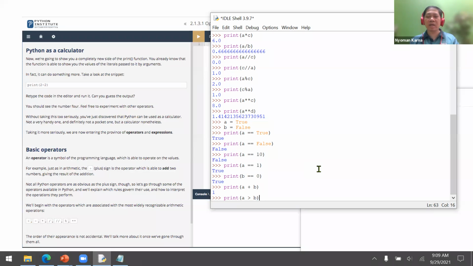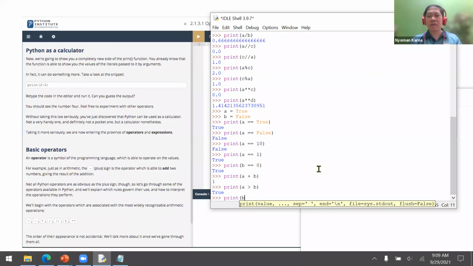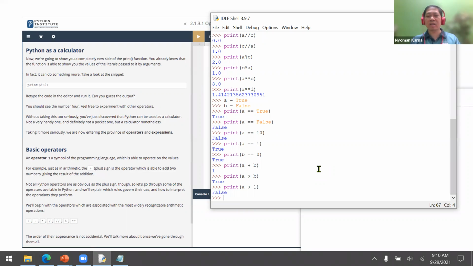Why? Because A is 1 and B is 0. How about A more than 1? It will return false because A, which is 1, is not more than 1.